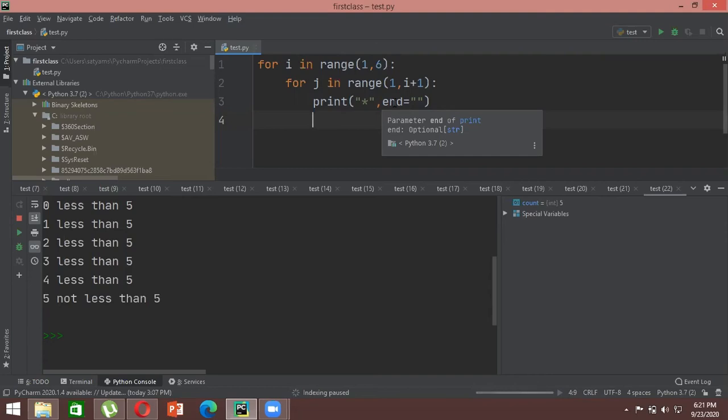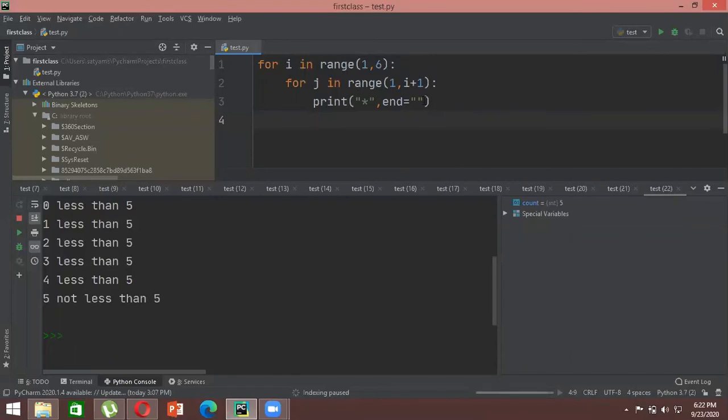It will always be followed by something. So in that pattern, you can add something here. This end basically means you are ending that particular line with something. Here we are just ending our line with a star followed by a blank space, so we haven't given anything. But there will be certain questions where they will ask you to end a particular line, let's say, with a star followed by something.